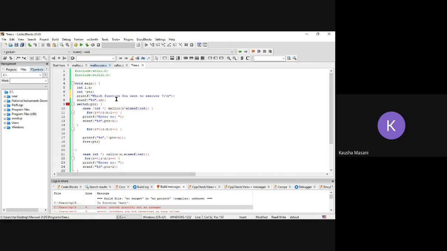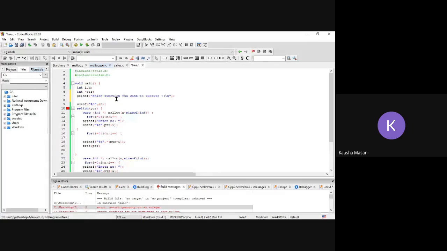Write one more printf statement: 1. malloc, slash n, 2. calloc.